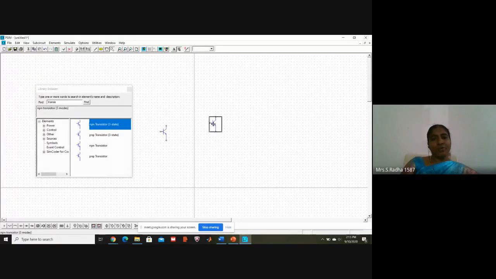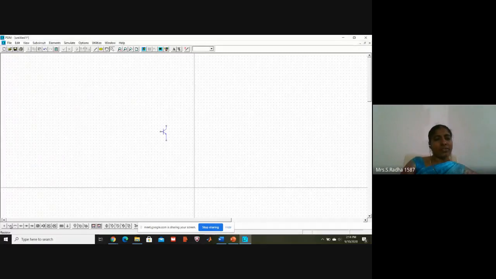For the circuit, I want only 1 transistor, so I am clicking on the second symbol. It gets selected, and I press the Delete key on the keyboard. Okay, it gets deleted. This is how you make copies of resistors, transistors, any component you want. Additional components, you just select and press Delete. Otherwise, I can take resistors from the bottom, or also from View, Library Browser.